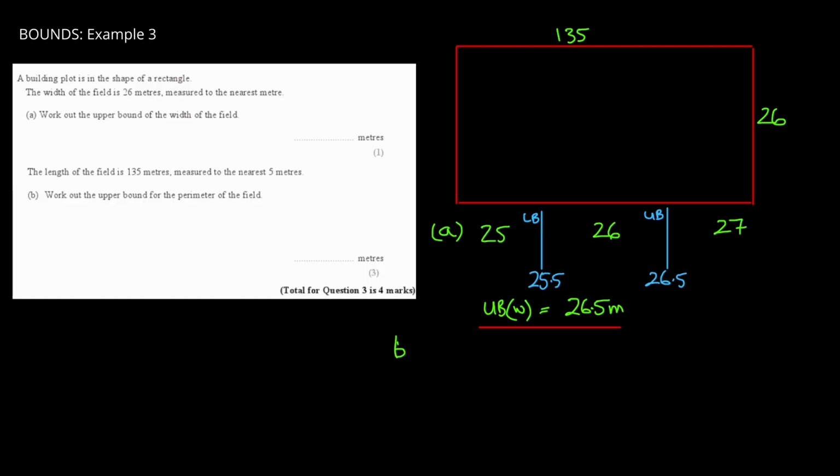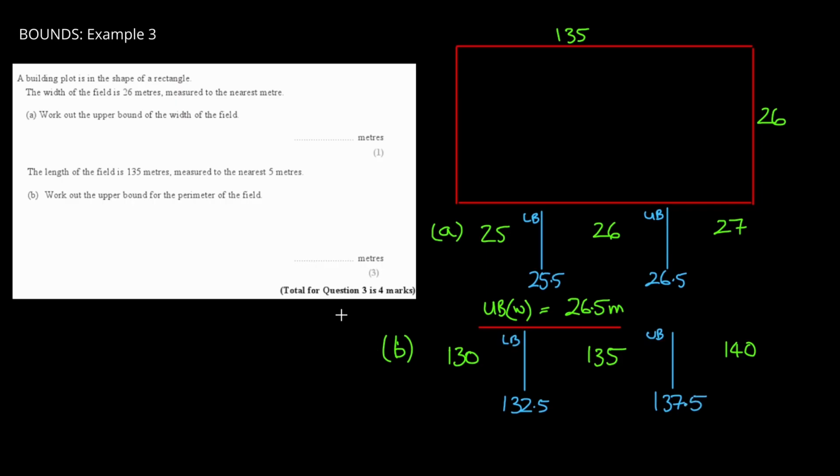Okay, let's have a look at part B. The length of the field is 135 measured to the nearest 5 metres. So again, I put 135 here. The next one up would be 140, and the next one down will be 130. And the lower of the two goalposts will be at 132.5, directly in between our two numbers here, and the upper goalpost will be